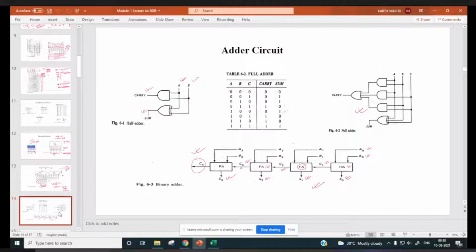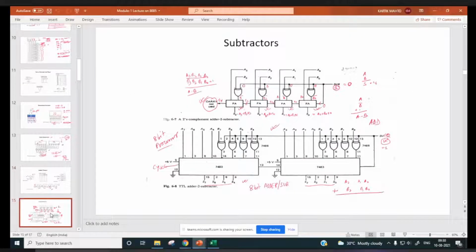Then you can see the adder circuit, how an adder circuit can be converted to a subtractor circuit. That also we discussed using this SU equal to 0. This circuitry is going to work as an adder, while if you make SU equal to 1, that time the same circuitry will become a subtractor circuit. So this adder-subtractor circuitry is there in the SAP1 architecture, where SU is the control signal for performing the